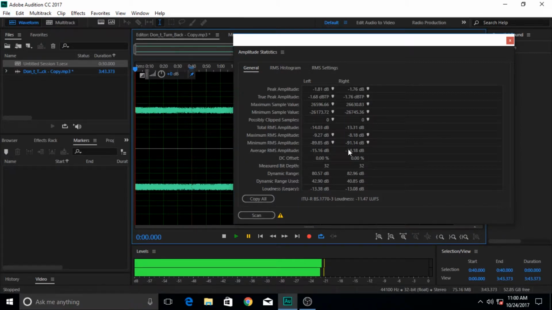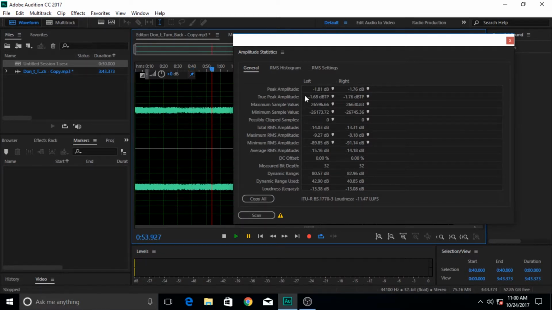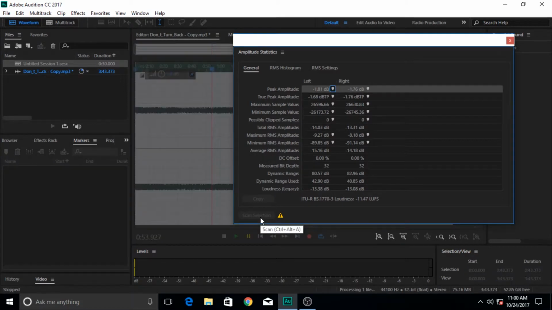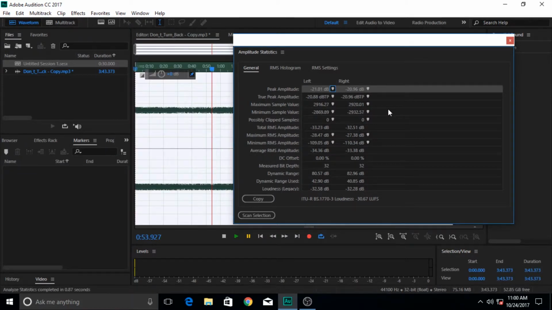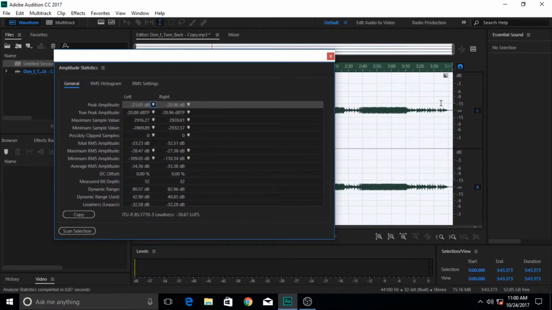I have already scanned my audio and it has given me this statistic, but if you bring in a new audio file and want to run its statistics, it will give you the values of its amplitude level, the dB level, or the volume in simple terms. It gives you the peak amplitude, maximum sample value, minimum RMS, dynamic range, loudness, and all those things are shown here in great detail.